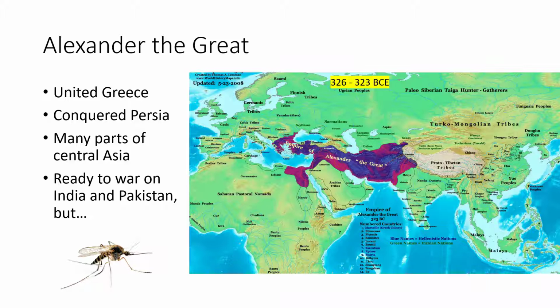Now, Alexander's eyes were set on India and Pakistan, but upon entering the wet and warm environs of the Indus River Valley, Alexander's army met its toughest challenger yet. You guessed it, the mosquito. Already stretched thin by years of fighting, overstretched supply lines, and increasing reliance on mercenary soldiers, Alexander's army couldn't withstand the malaria outbreaks that tore through its ranks as it traveled past the valley's mosquito-filled swamps and rivers. They ended up retreating back to the empire's territory.